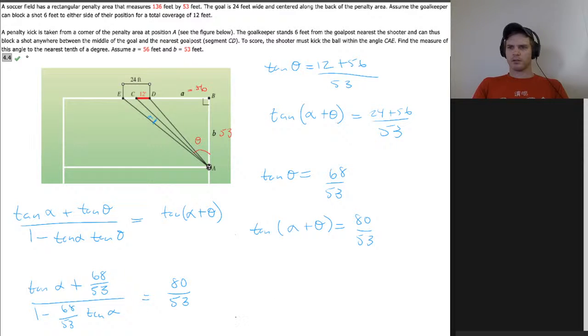Okay, so let's solve. I'll multiply both sides by that. We're going to get tangent alpha plus 68 over 53 equals 80 over 53